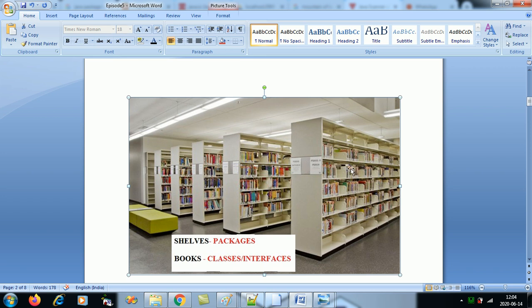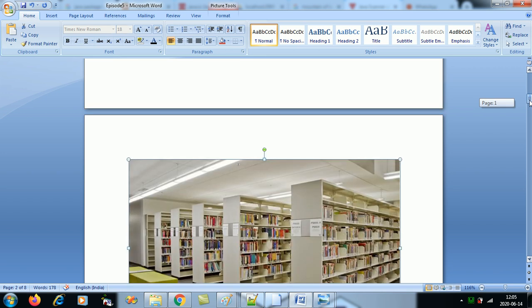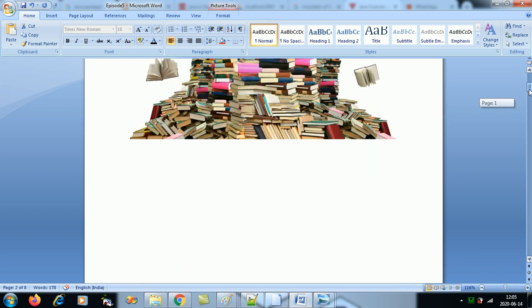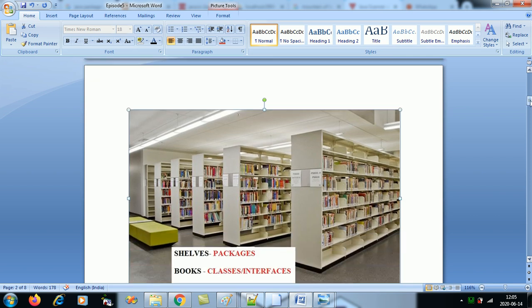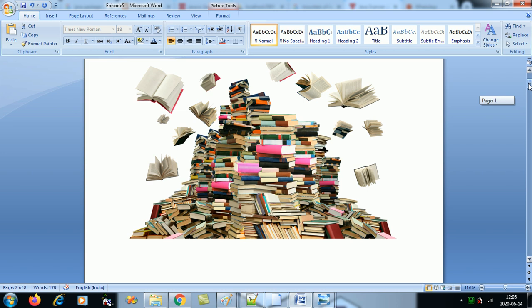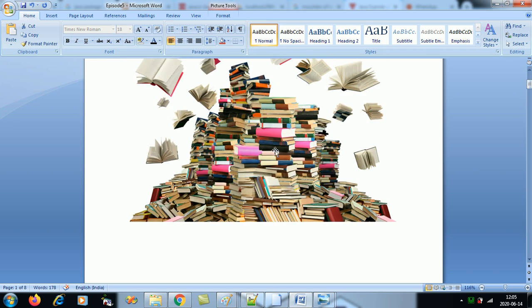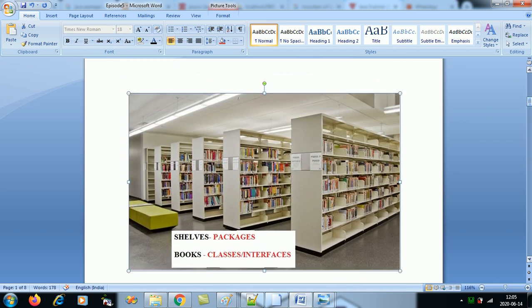So if these are books regarding a particular subject, let's say science, this is for computers, for commerce, for arts, sports, and so on. Which way do you see in the library, this style or this style? Naturally this is more chaotic. This will create a lot of chaos. If I dump all the books at once and ask the subscriber to fetch a book, this is impossible. So this style is more appropriate and more user friendly.